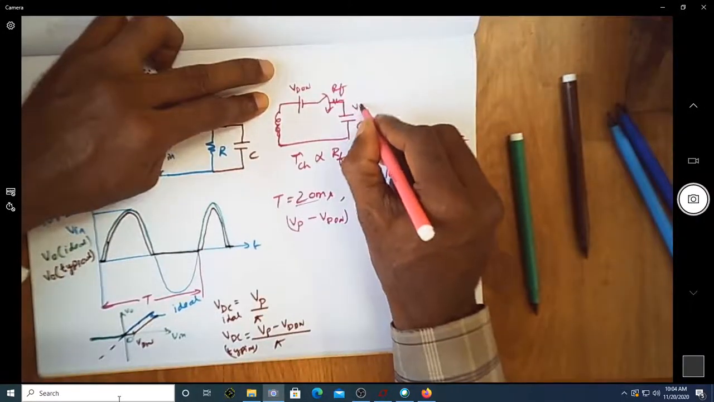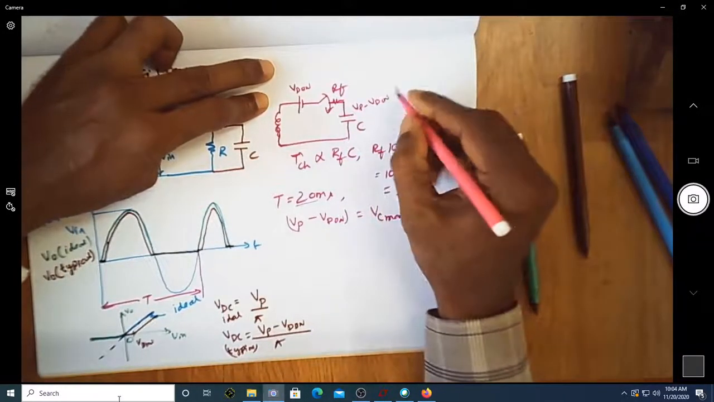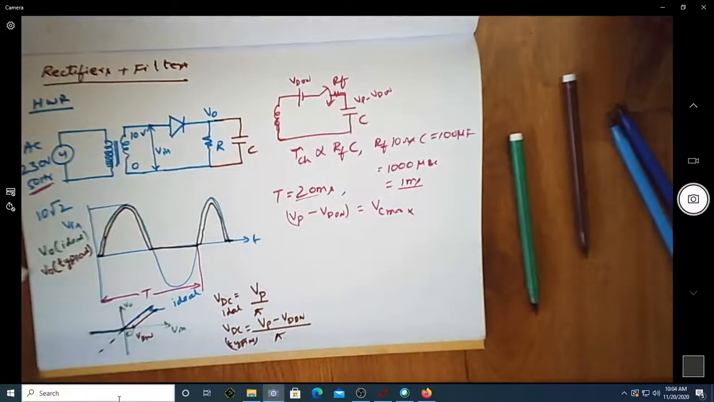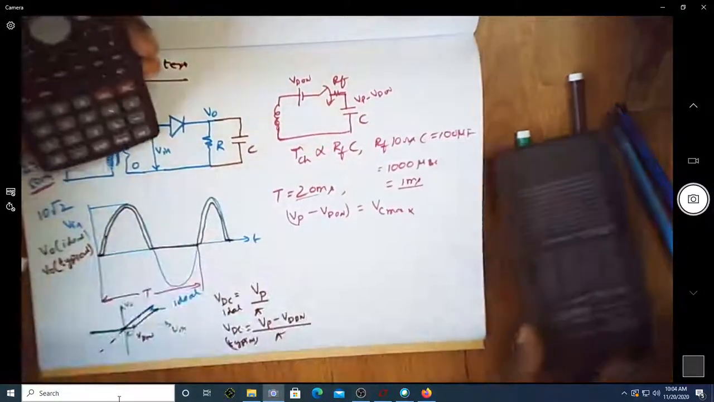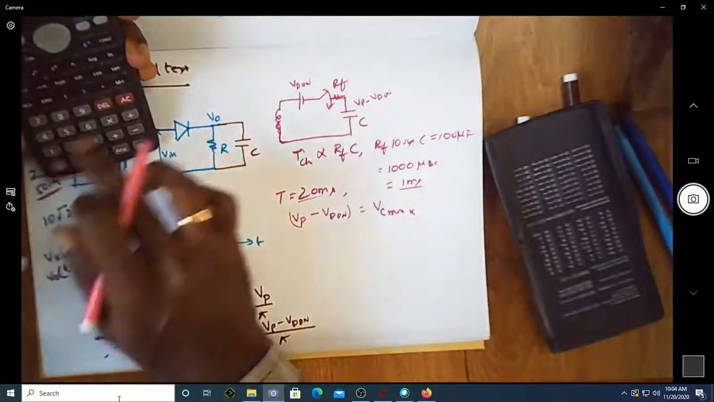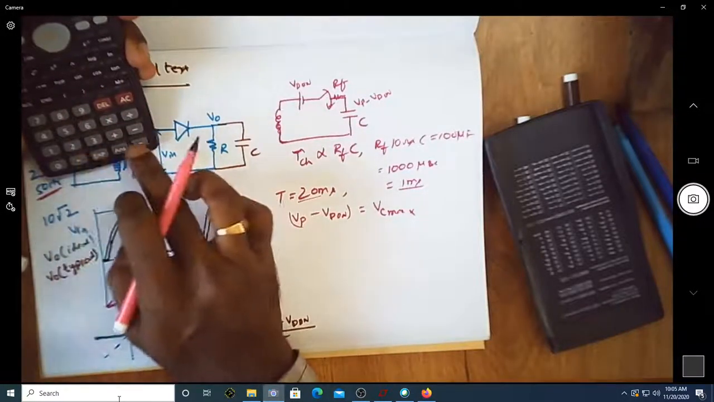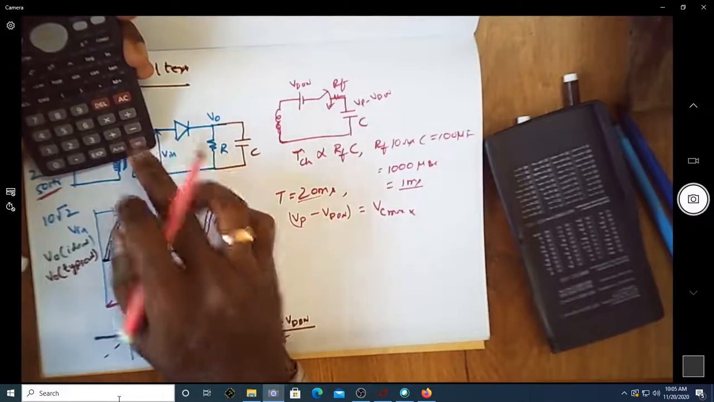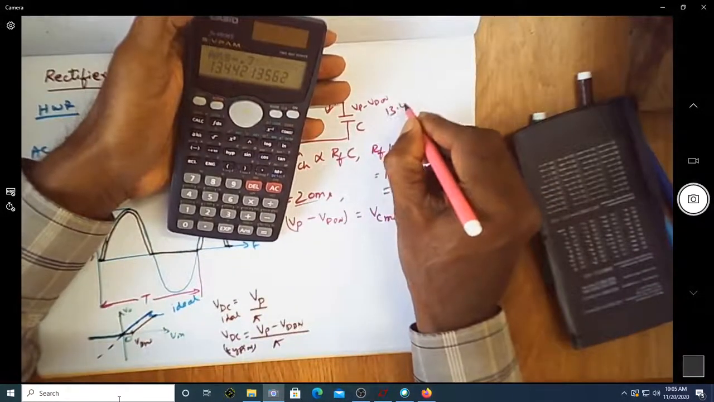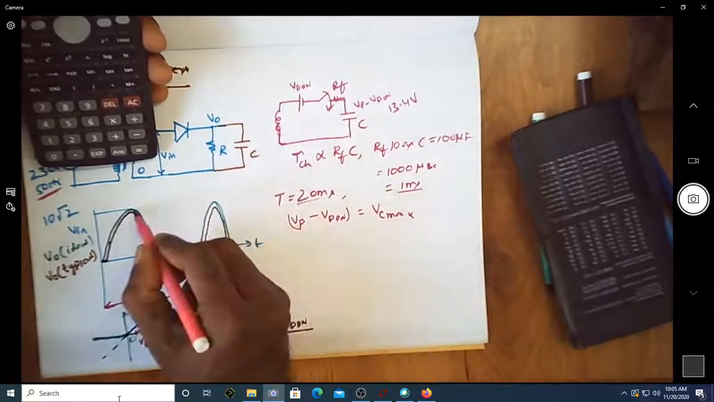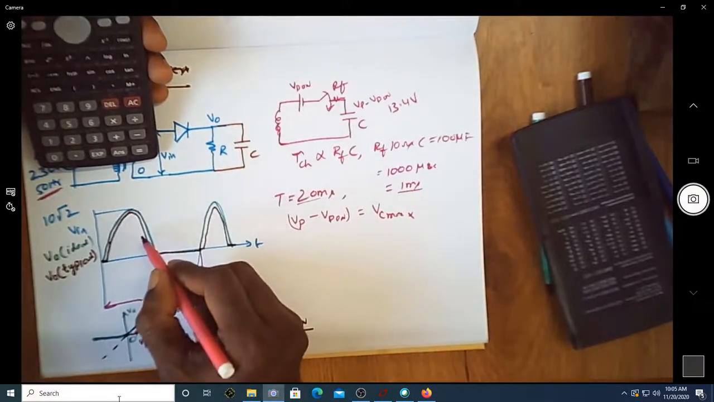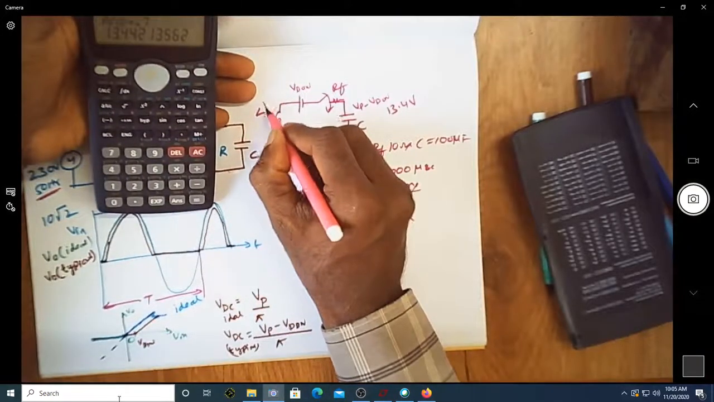Assume that you have Vp minus Vd on. We can also get to know the exact magnitude of Vp minus Vd on, so that I can quantify the values. Suppose Vp is 10 into root 2, minus 0.7, you can see now it is 13.4 volt. So this is also the peak. Assume that this input voltage starts reducing, and it goes below 13.4